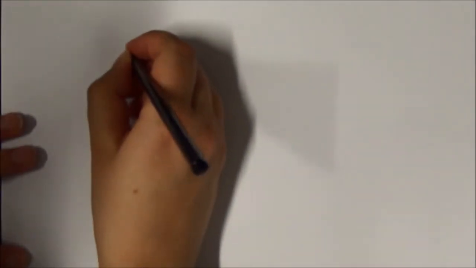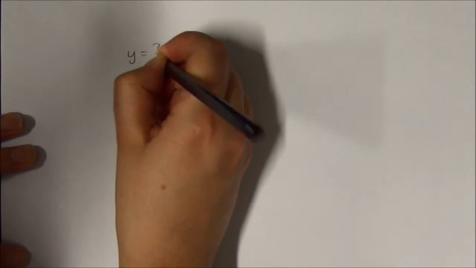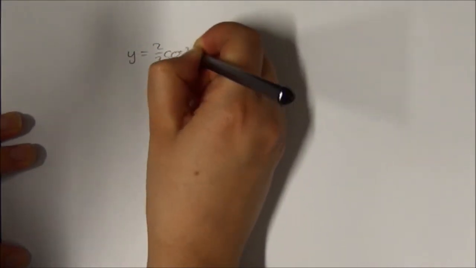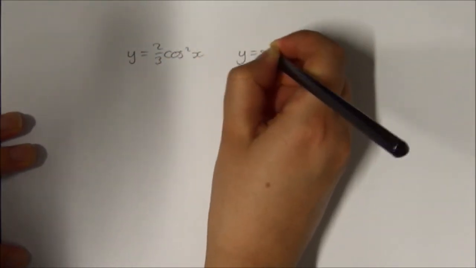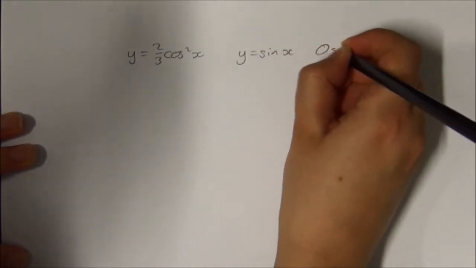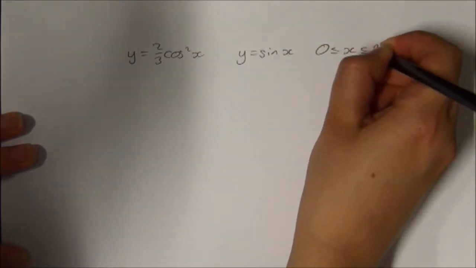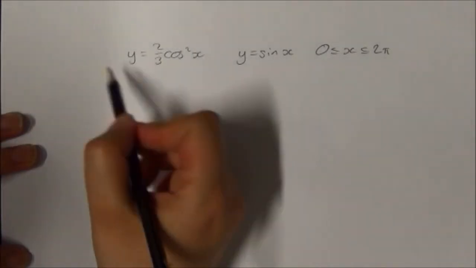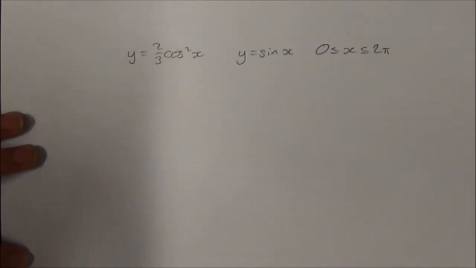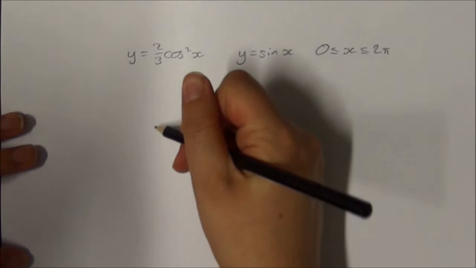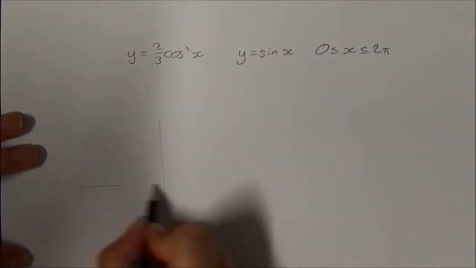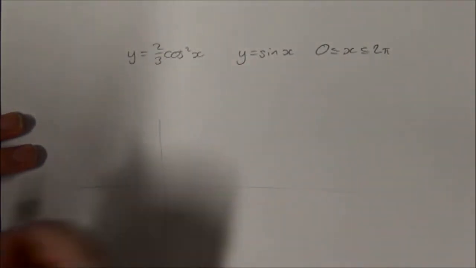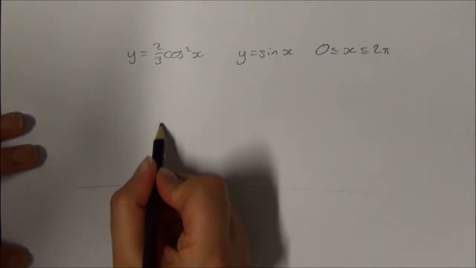Sketch on the same axes y equals 2/3 cos squared x and y equals sine x between 0 and 2 pi. Well, this looks the harder of the two, so I'm going to start with this one. And I'm just going to start by thinking about what cos squared x looks like and not worry about the 2/3 until later. So, if this is my axes, well, I know that cos x